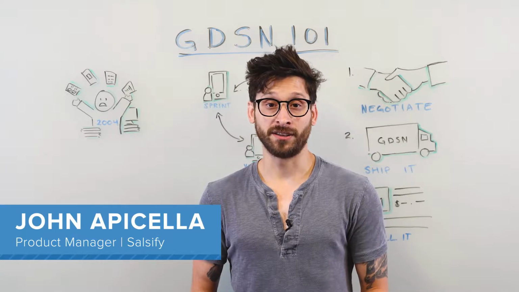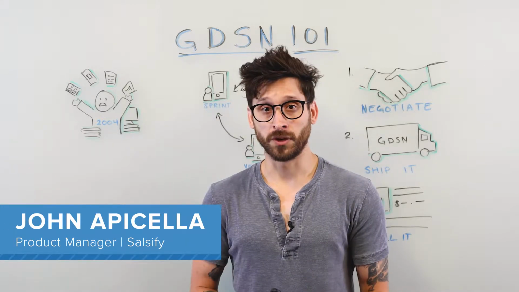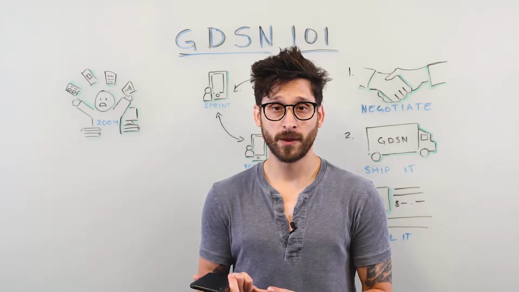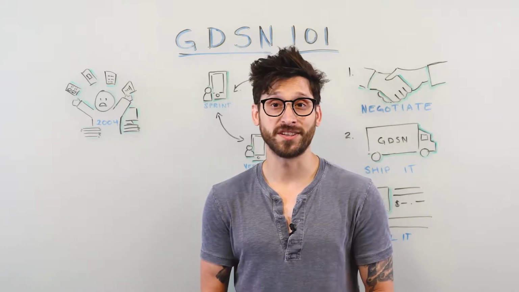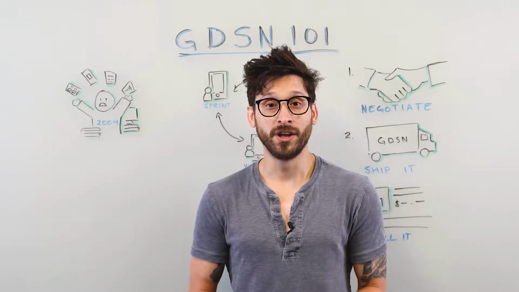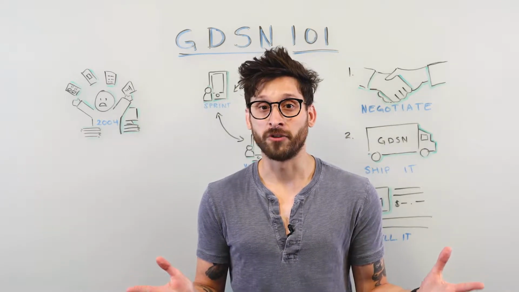To get started, I'd like to give a little summary of what the session is going to be all about. We're going to give a brief history of the GDSN. We're going to then dive into how the GDSN works. And then we're going to do a real life example. So we're going to go GDSN in the wild, focused on Walmart.